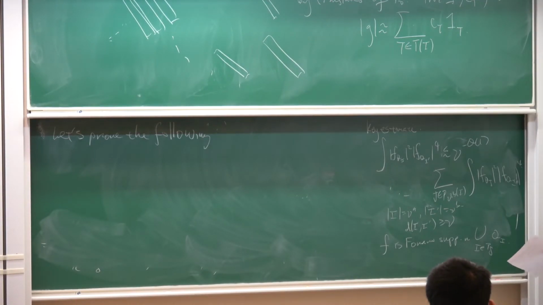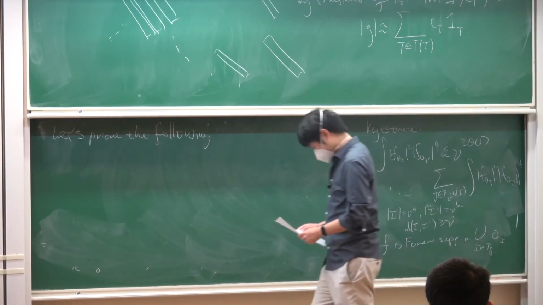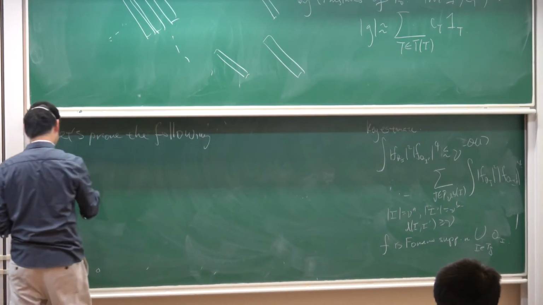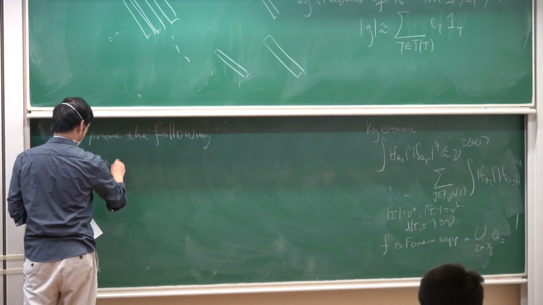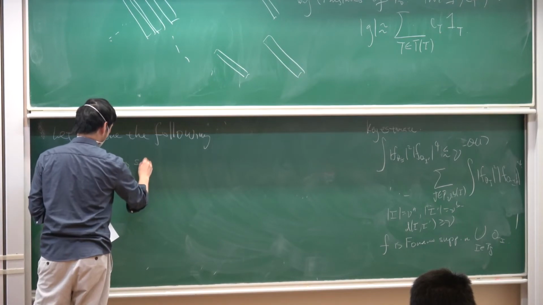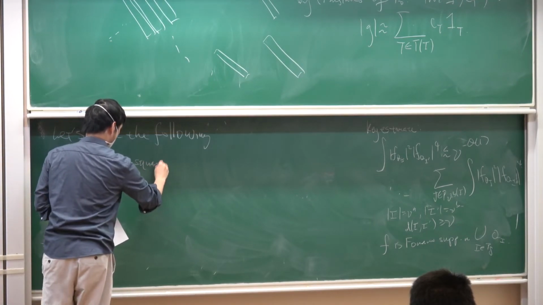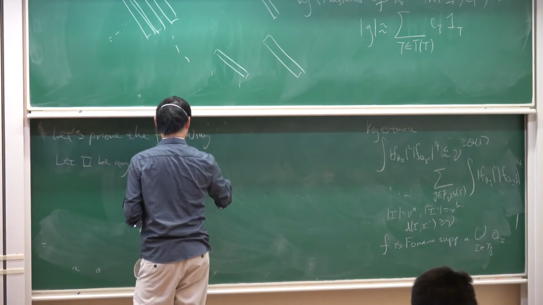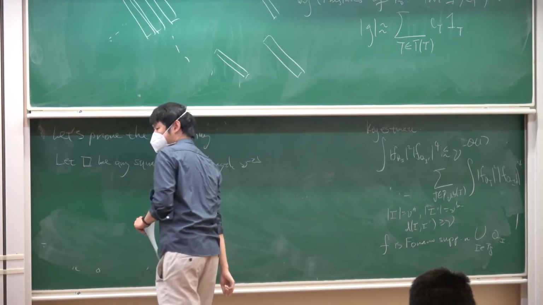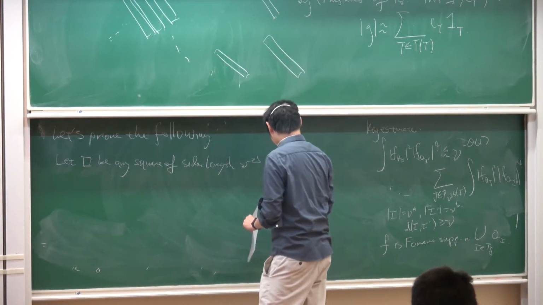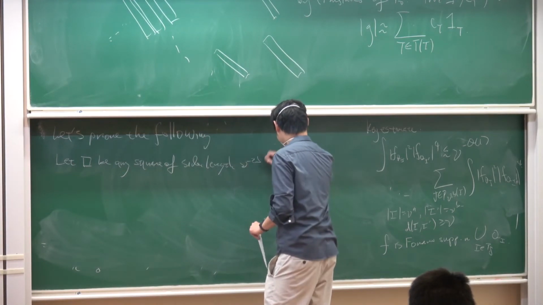Let's prove the following instead. Let box be any square of side length nu to the minus 2b. We will prove then